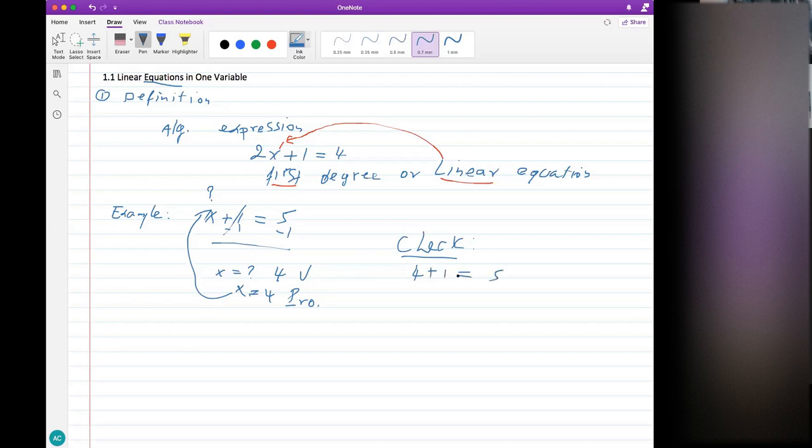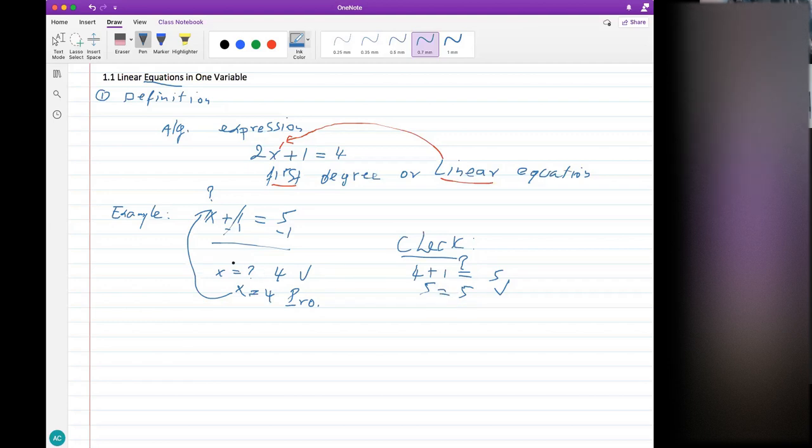At this point, we're not sure yet. We're trying to check, so we need to put that little question mark over the equal sign. So we're not sure yet until we simplify both sides and see if we get two equal numbers or statements. So of course, 4 plus 1 is 5. Also, the other side is 5. So this checks. Once you get the same number on both sides, we say that the solution is valid, or